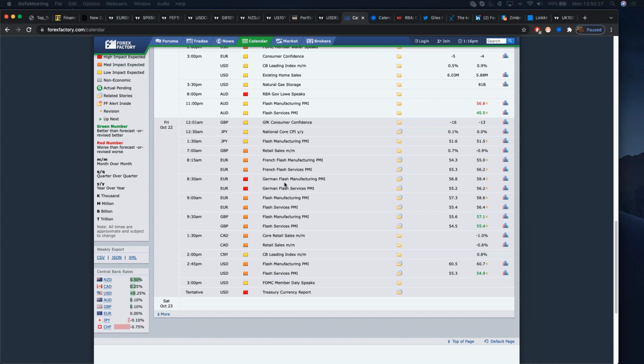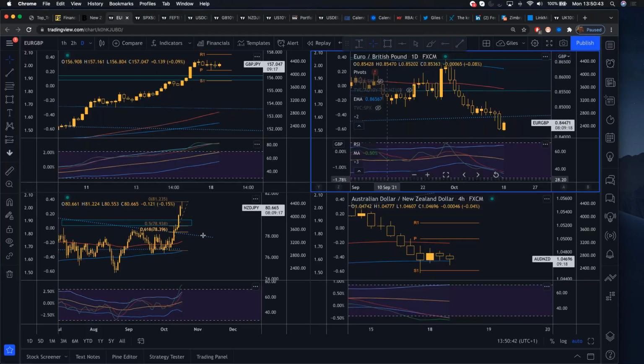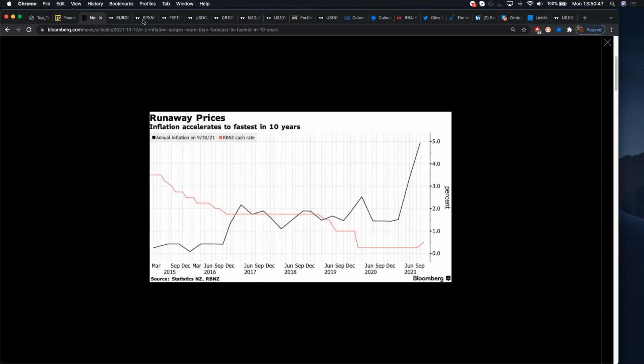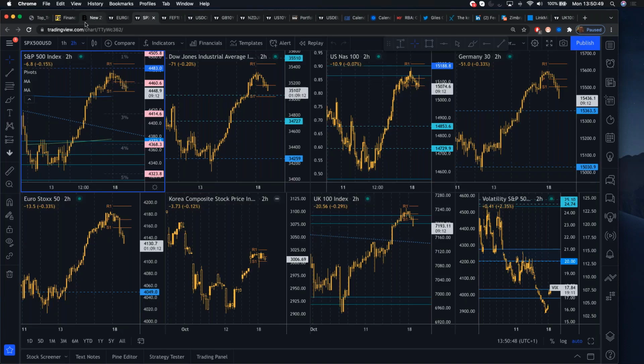Obviously, supply chain issues, COVID-19 issues, all weighing on sentiment. So it'll be very interesting to see what happens with the PMIs this week. If they're another miss to the downside, expect that to weigh on the euro. And remember, the euro-pound is going to be very interesting with the CPI data. And we also want to keep a careful eye on the euro-US dollar pair. So just have a little look here.